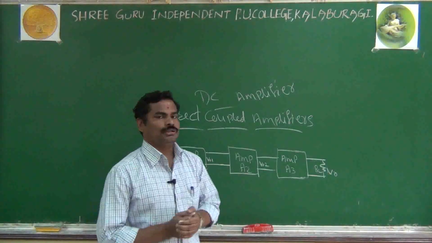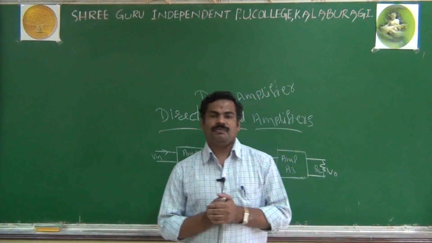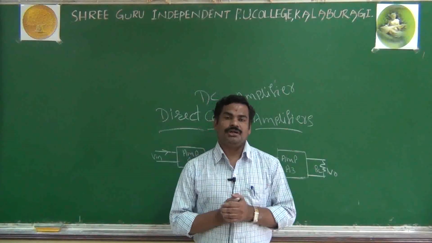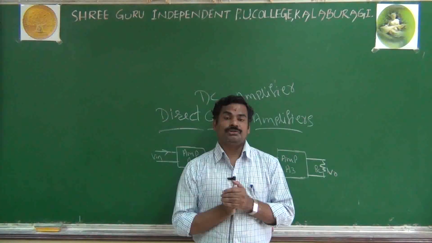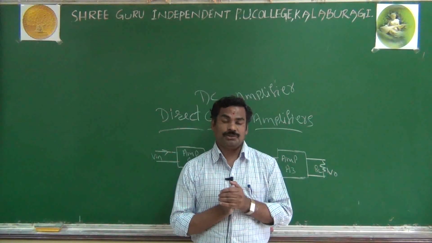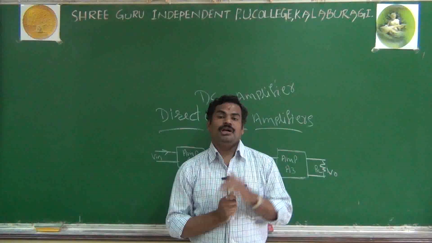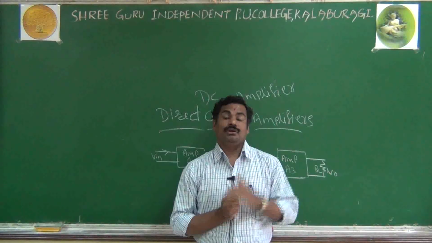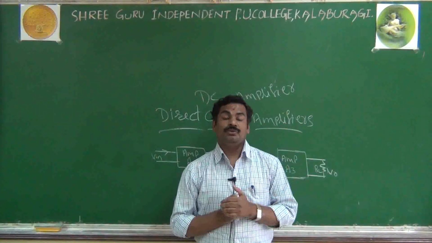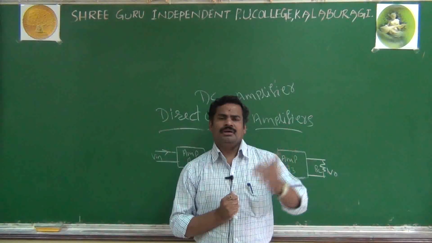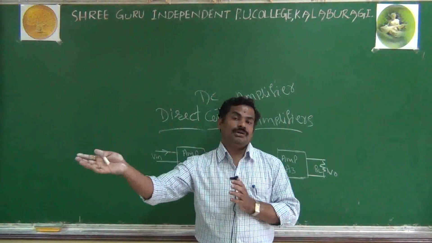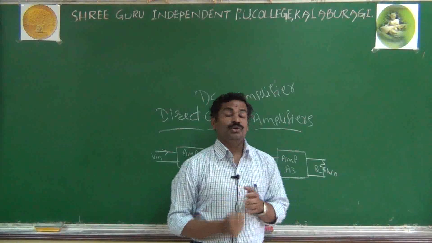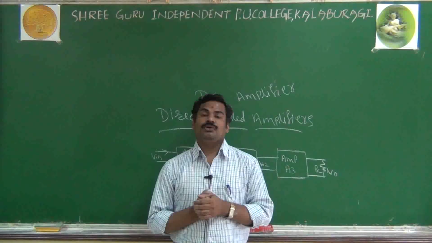It means you have studied the different types of coupling. The first one is the RC coupled multi-stage amplifier. In RC coupled, you use an R and C combination to transfer the output from one stage to another stage. What is the use of RC coupled? Whenever you want more voltage gain, low distortion, and very good frequency response, and also more amplification compared to transformer coupled or direct coupled. Especially, RC coupled is used for voltage amplification.